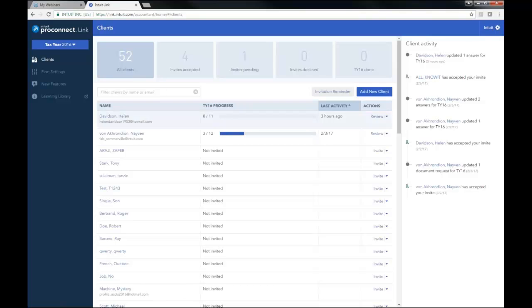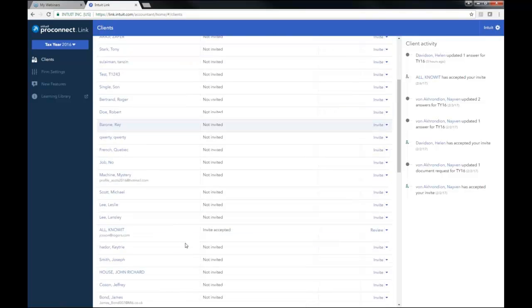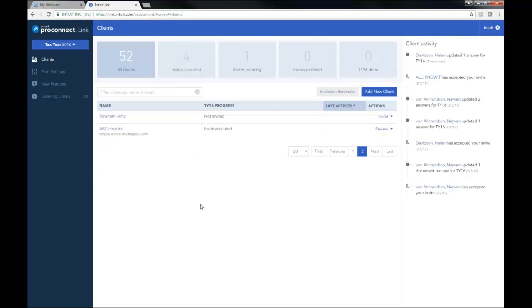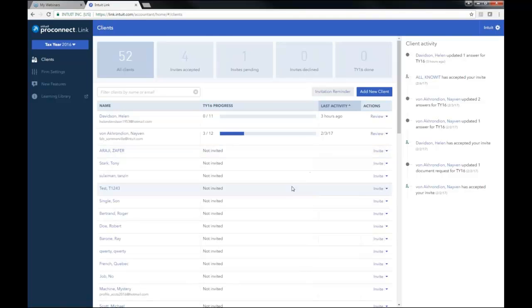Just going to clear that out, and of course it's going to give you a listing of all your clients, all 52. You can go to the next page if you want, and there they are. Go to the first page. This one here is a great thing to know about, and that is the progress of what's happening with this client. So Naven looks like 3 out of the 12 things that I need from Naven has been done. I'm going to take a look